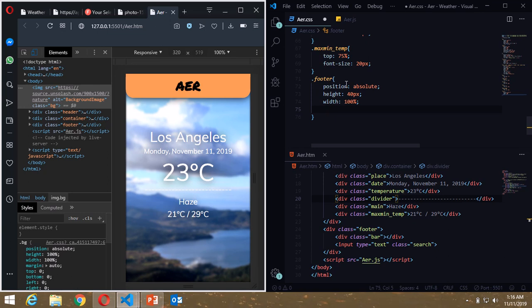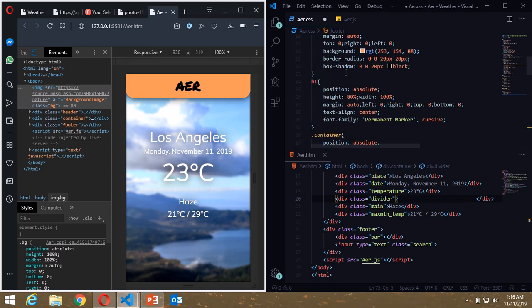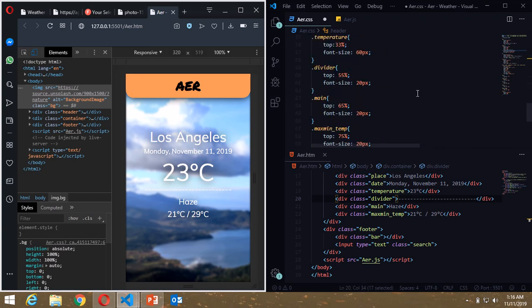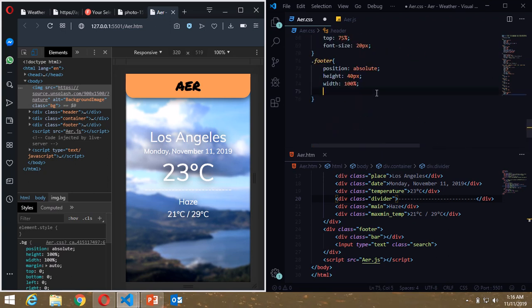Alright, now I have to get this color again. There we go. Just copy this and put in BG and put in this and remove that hashtag from there and save it. Alright,